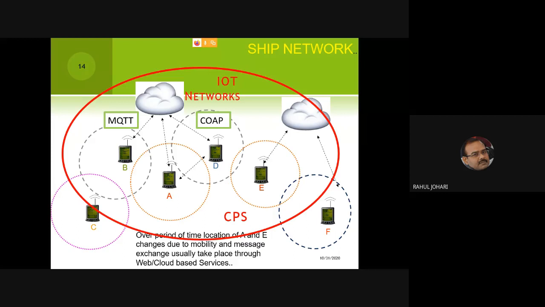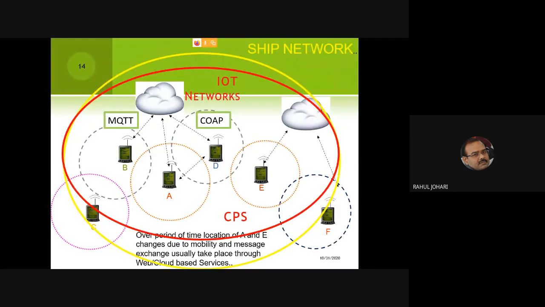And our good old ship network encapsulates everything inside it. So it will have the MANETs, it will have the WSN, the wireless sensor network, it will have a DTN, the delay tolerant network, it will have the Bluetooth enabled network, it will have the CPS or the cyber physical systems. So everything blended, or what we call hybrid networks, what is popularly called a ship network.